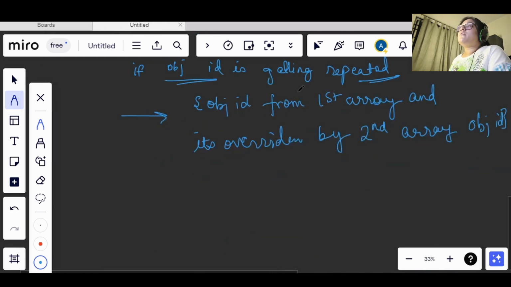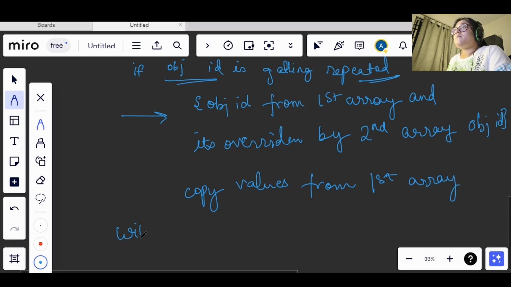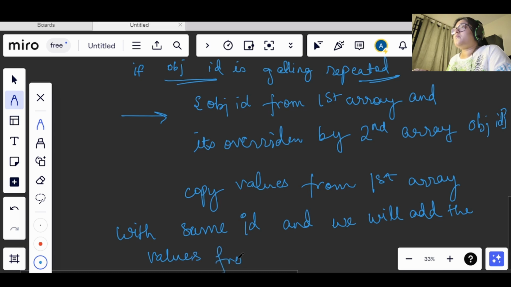So we will copy the values from the first array with the same id, and we will add the values of the second array with the same id.